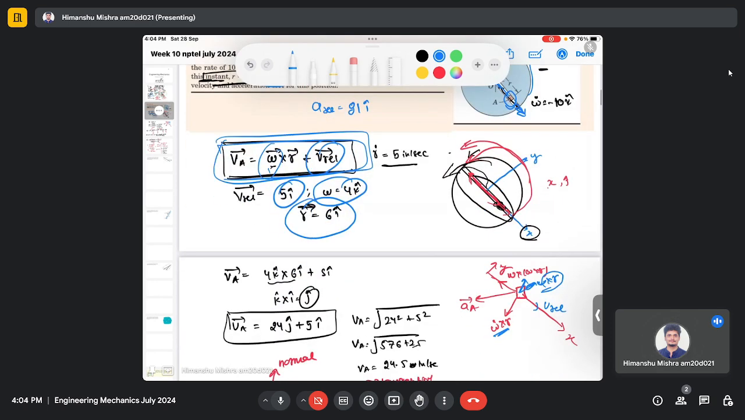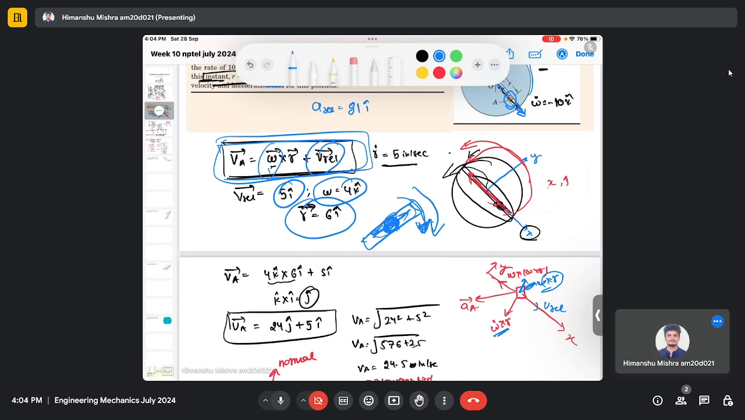For example, let's say there is a slider which is translating, and this whole system is rotating. So you can see there is a relative motion between this slider and the whole system. The whole system is rotating and the slider is translating. And you need to figure out the velocity of this relative motion. So the velocity of relative motion is basically the